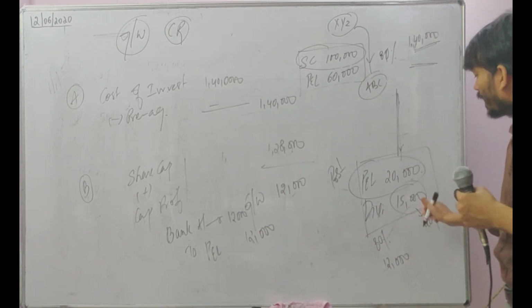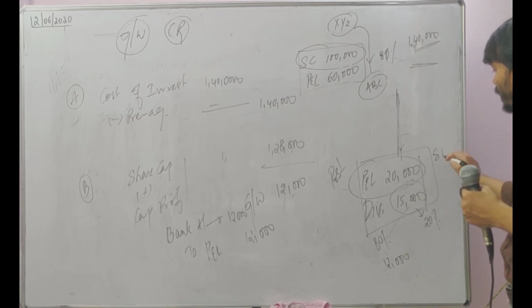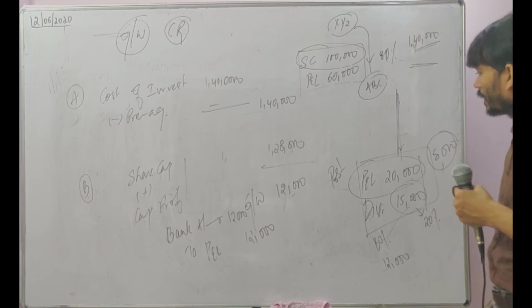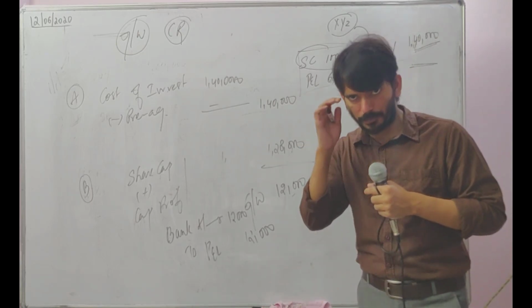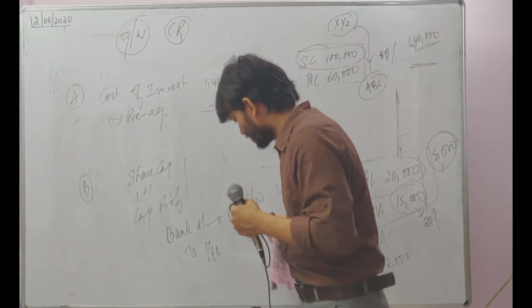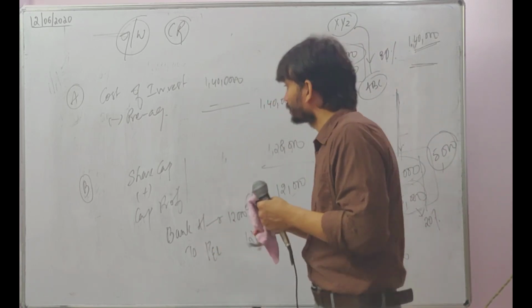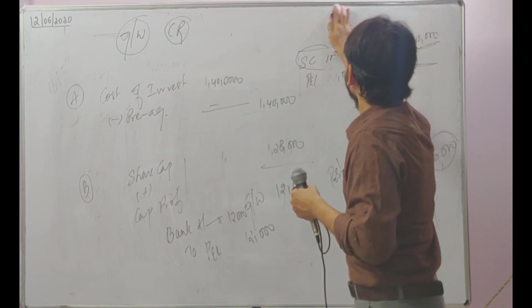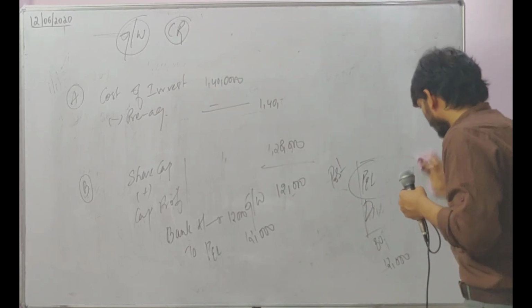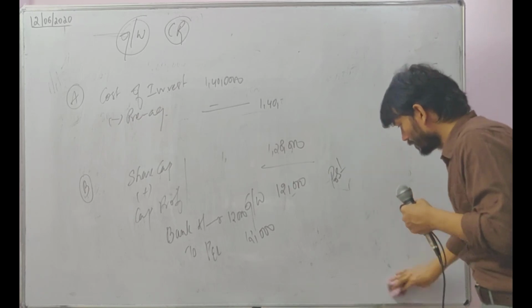Okay. So remaining, again there is a change of 5,000 in P&L. Out of this 5,000, the remaining amount also will go into your P&L, but for that we will not write any entry, because that is not asked in the question. I am hoping that the concept is clear.